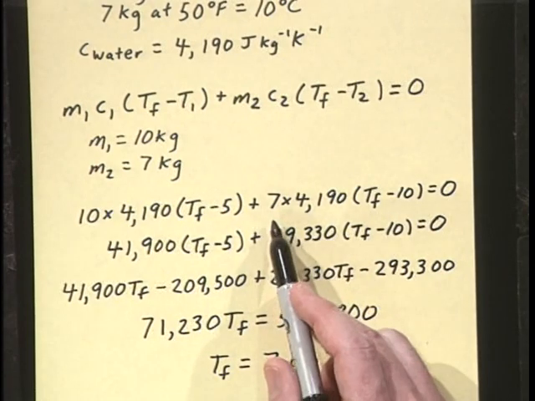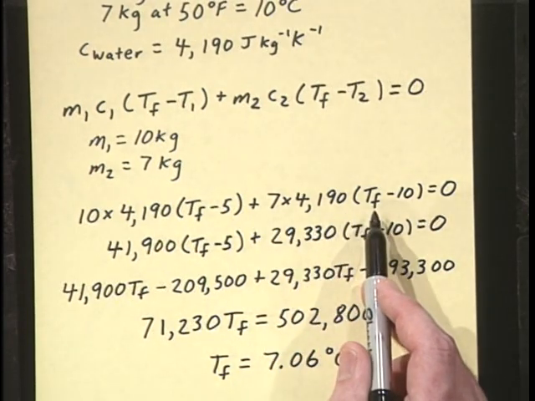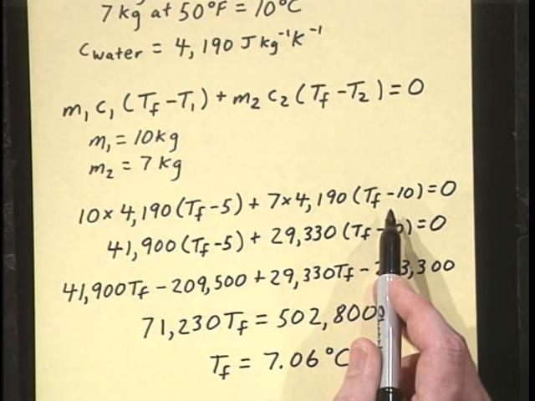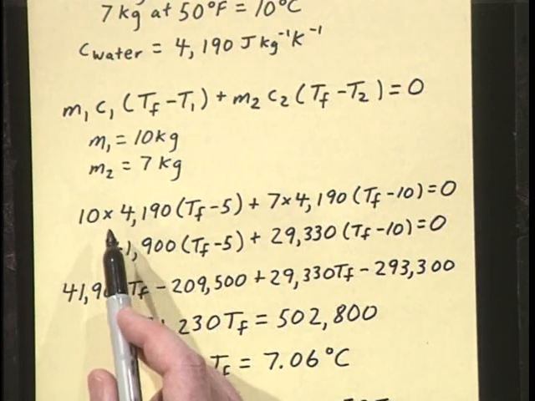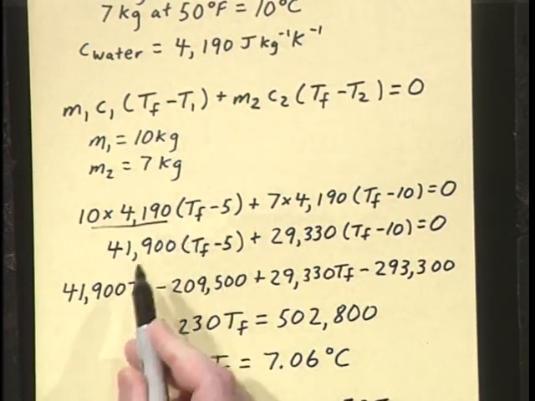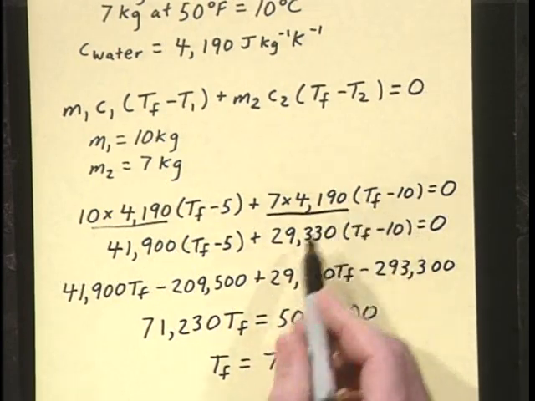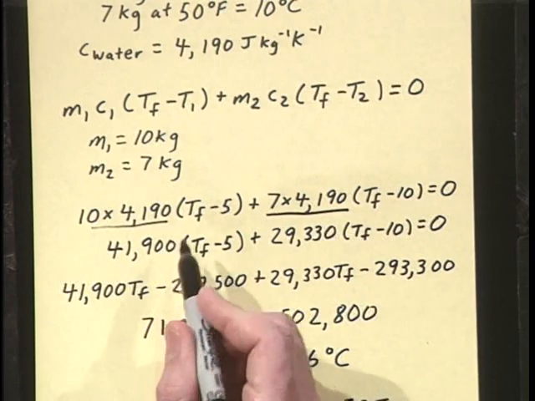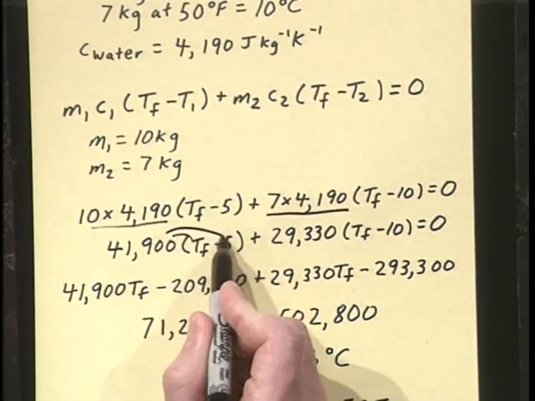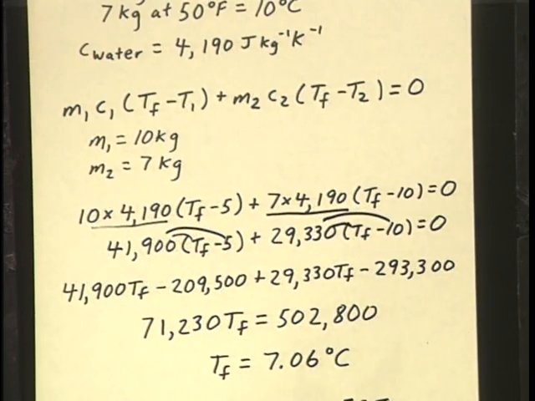Then add to that the 7 times 4,190 times the TF minus 10. And then we multiply these 2 terms together to get the 41,900, multiply these terms together to get the 29,330, and then we distribute the term